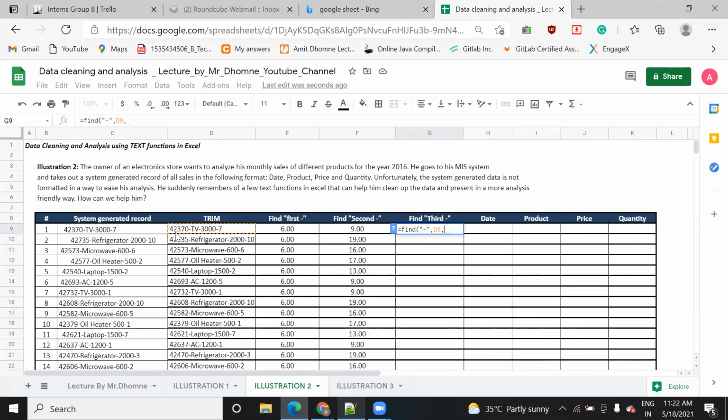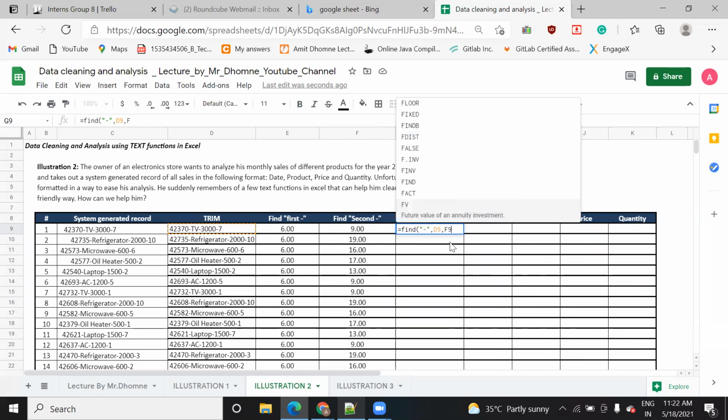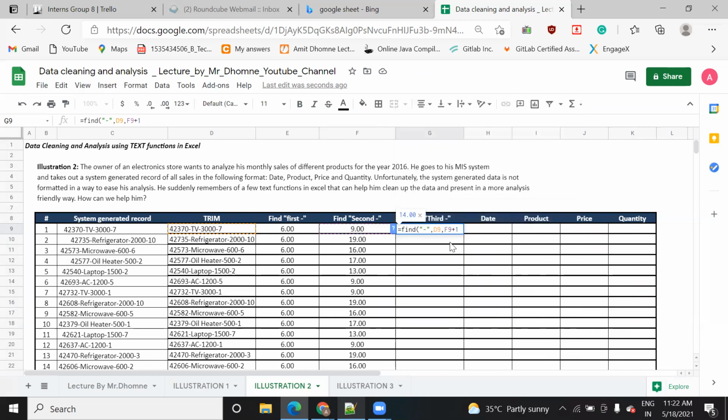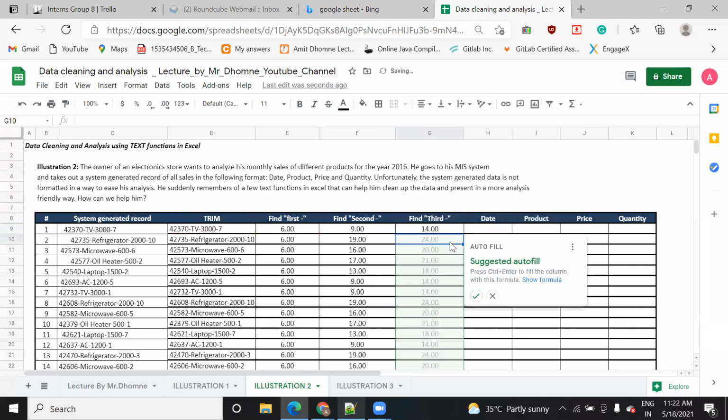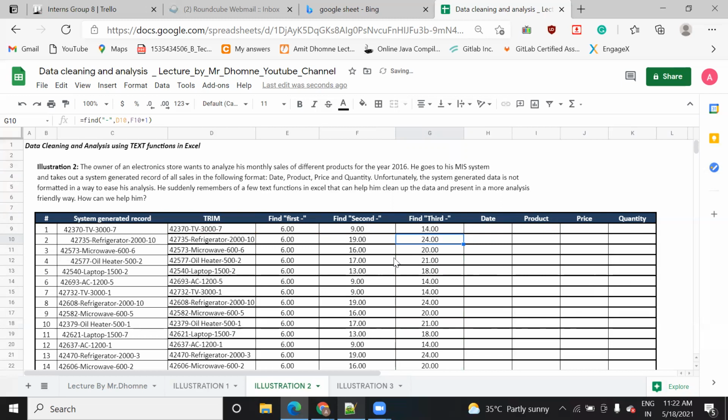You can count also: 1 2 3 4 5 6 7 8 9. Now I want to start from 9 plus 1, that is 10. So I will use F9 plus 1. Now just press enter and click on this so that it will autofill. In this way we have found the first, second and third positions of our hyphen.